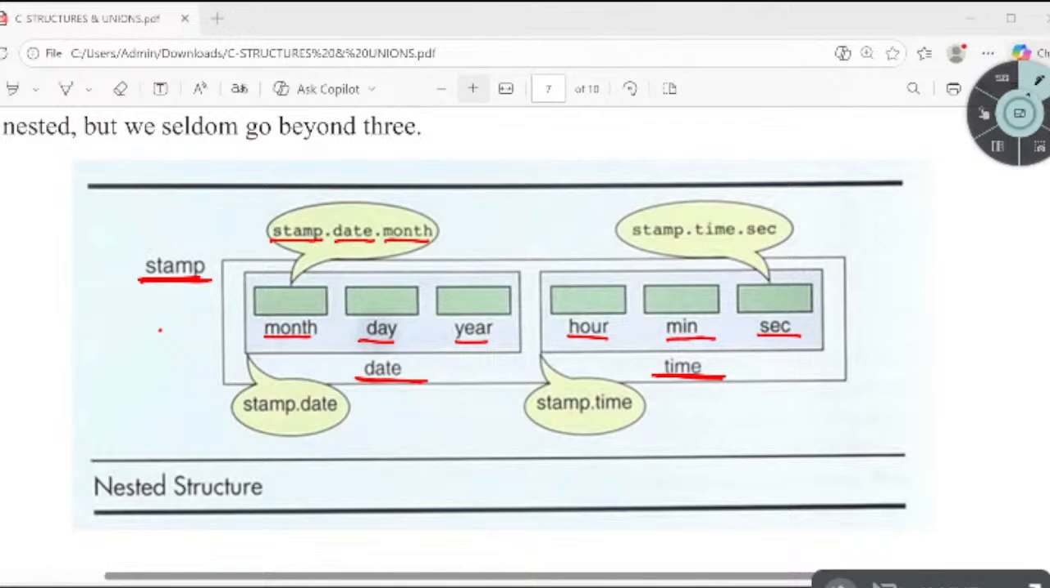Main structure, substructure, then member. Stamp dot date dot month, stamp dot date dot day, stamp dot date dot year, stamp dot time dot hour, stamp dot time dot minute, like that. A dot operator. Yes,